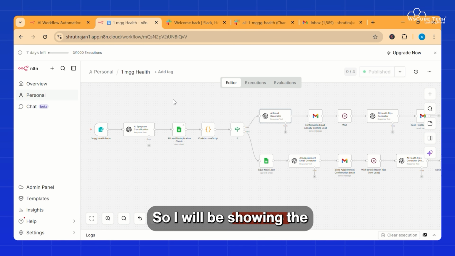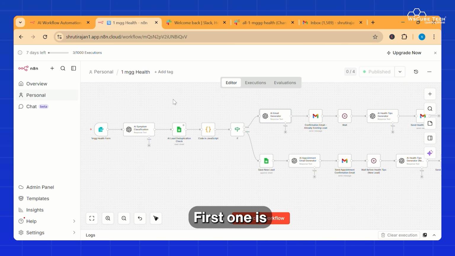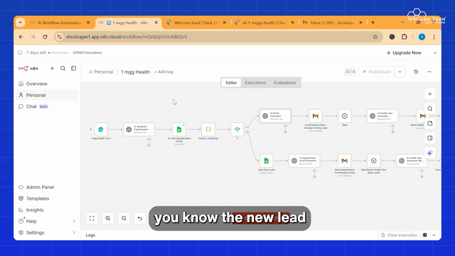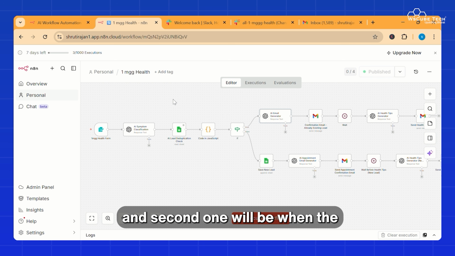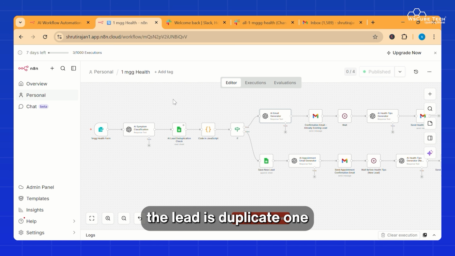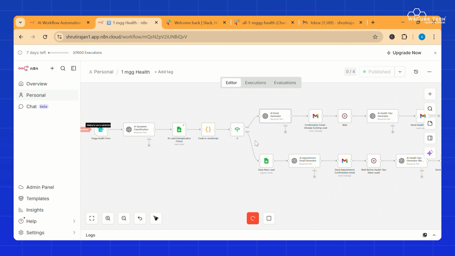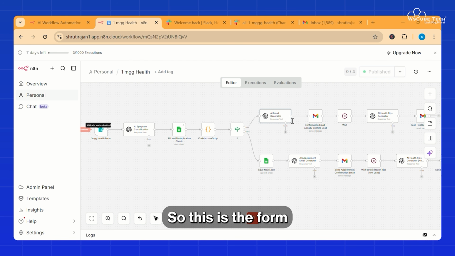I will be showing two scenarios. The first one is when the lead is a new lead, and the second one will be when the lead is a duplicate one. So let's trigger the workflow. This is the form that I have created.